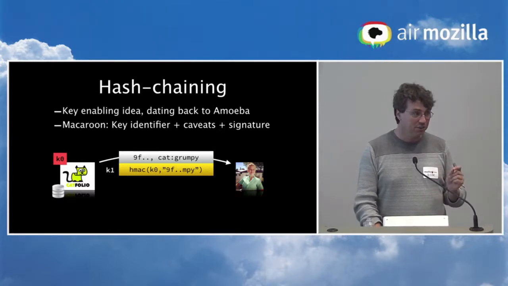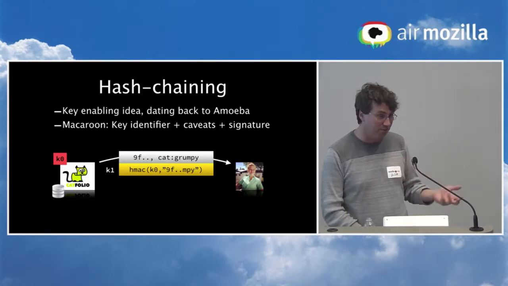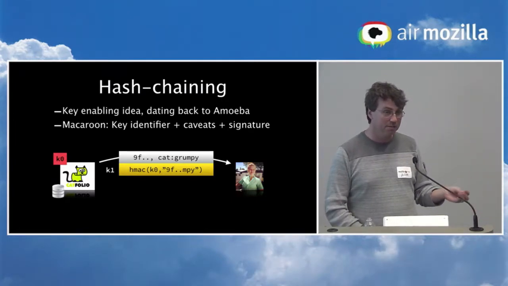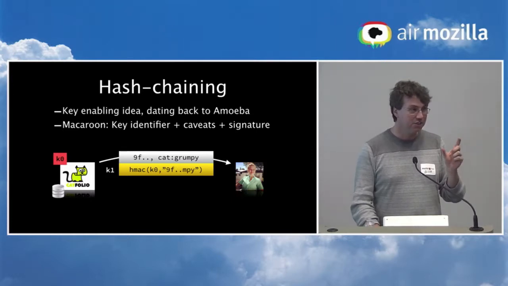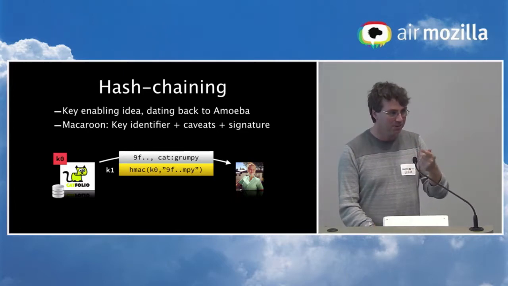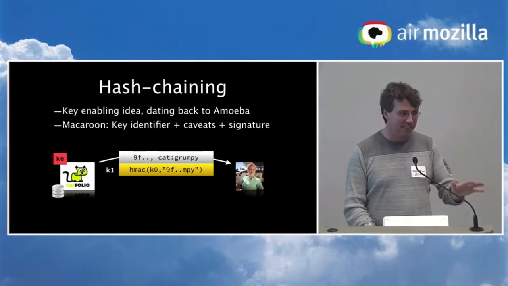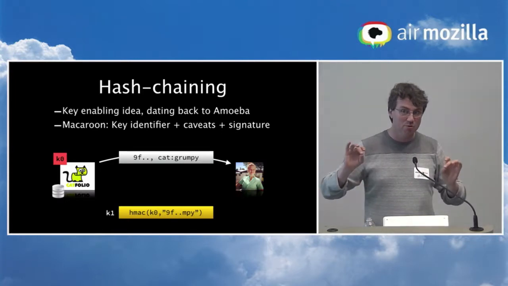Now, let's call the actual concrete value, and this is the key trick of macaroons. It's not very complex. It dates back all the way to the 80s. It was used in the Amoeba distributed system. Let's take this value, the concrete yellow number, and call that K1. And let's use that again as an HMAC key. So we take the output of an HMAC function and use that as the key for an HMAC function. And in our paper, we can talk about why that's actually okay to do with respect to cryptography.